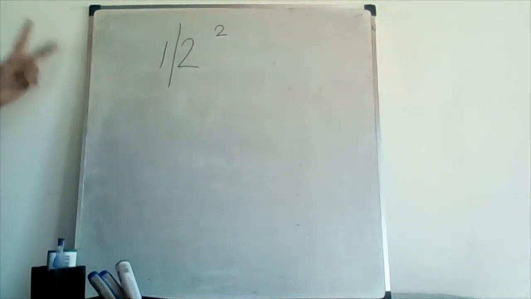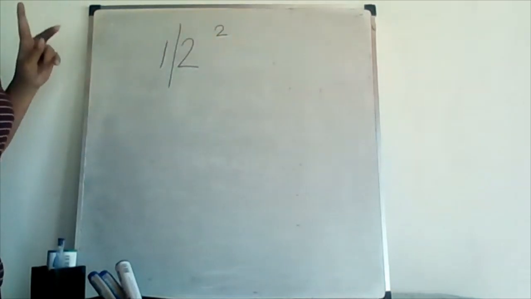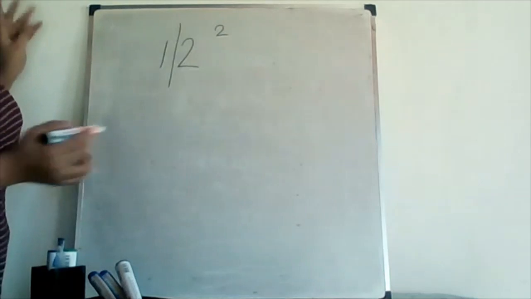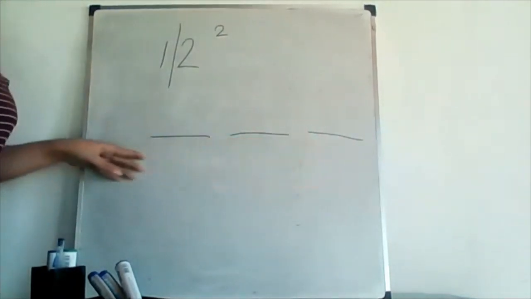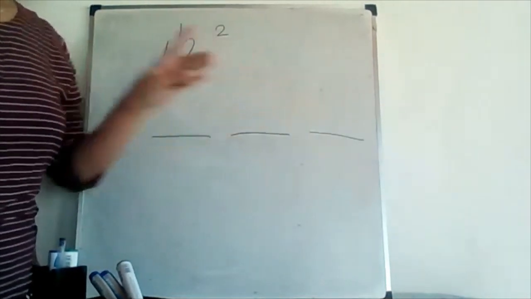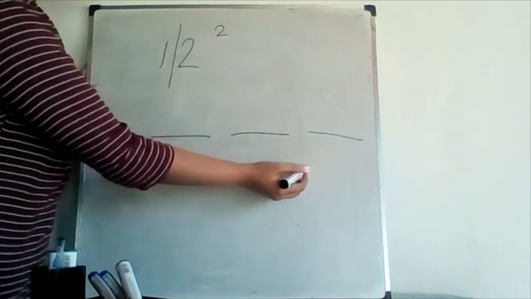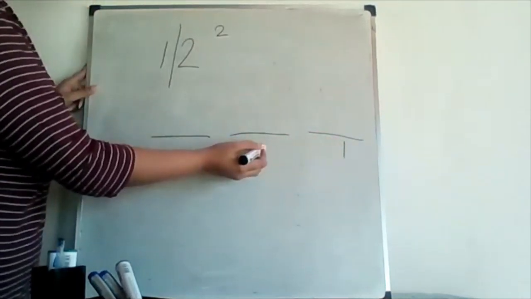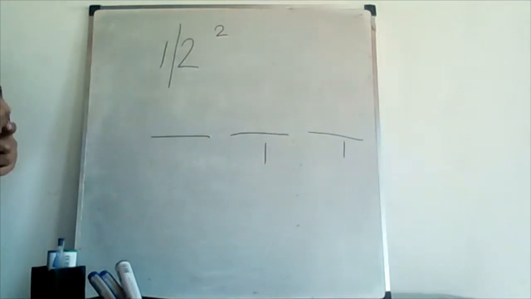And after that, the second thing is, we just need to consider the answer of 12 squared as something with three groups. And after that, we just need to find out the values for these three groups. Always remember that this group is allowed only one digit, and this group is also allowed only one digit, and for this one there are no limitations. We can have any number of digits here.